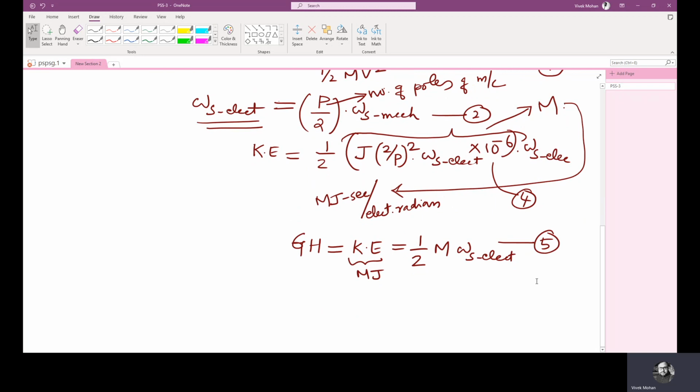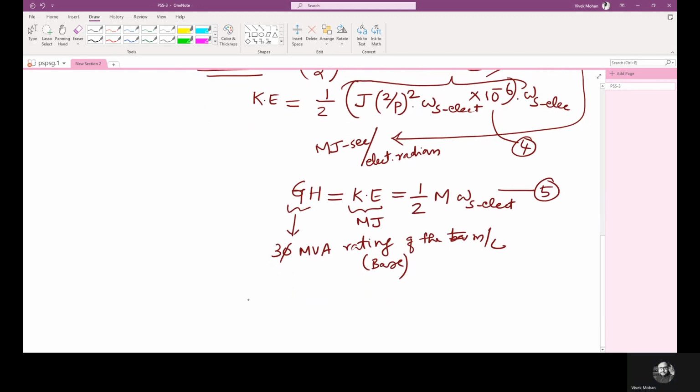Okay. Now here G is the 3-phase MVA rating of the machine. So normally this 3-phase MVA rating is taken as the base. If you are going to find the per unit value, then this will be the rating, will be the base. Okay. So now let's see how some